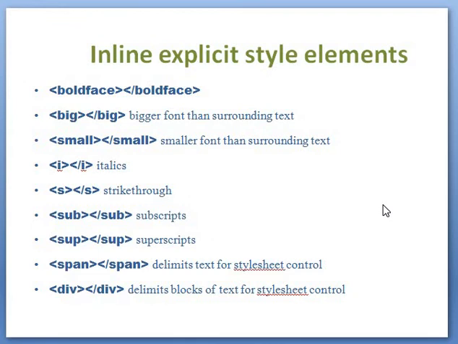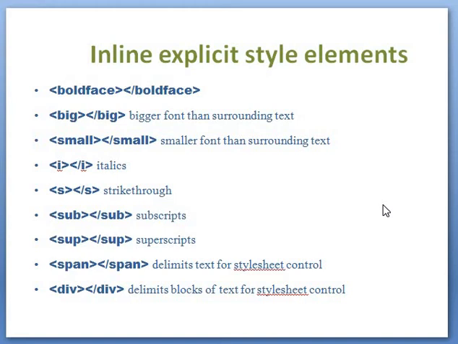Now we can see the inline explicit style elements. B, which is used for creating bold letters. Big tag is used for creating a bigger font than the surrounding text. Small tag, which is used for creating a smaller font than the surrounding text. I is used for making the text italic.